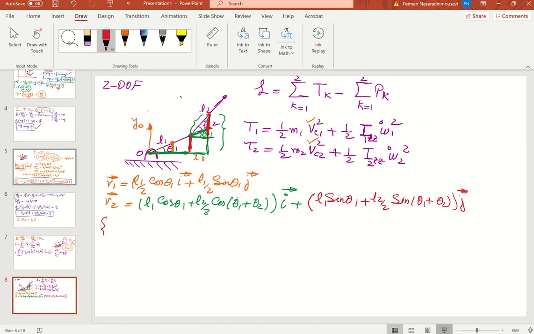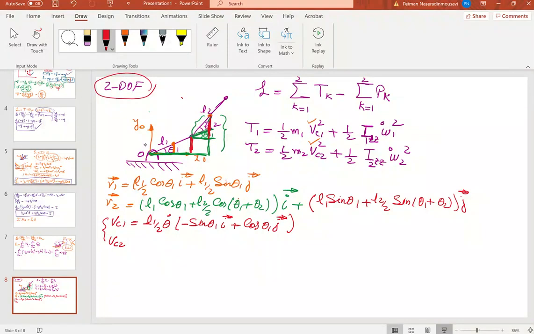So from here you get VC1, which is going to be, I can factor out L1 over 2 theta dot 1 times minus sine theta 1 I plus cosine theta 1 in J. This is the velocity vector of link 1 for the 2 degree of freedom robot. VC2, good luck. You get